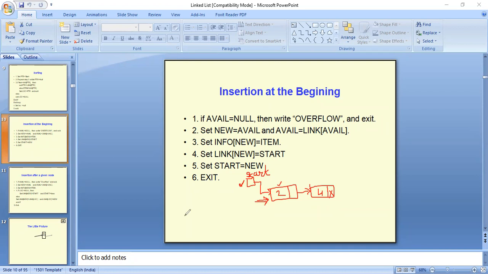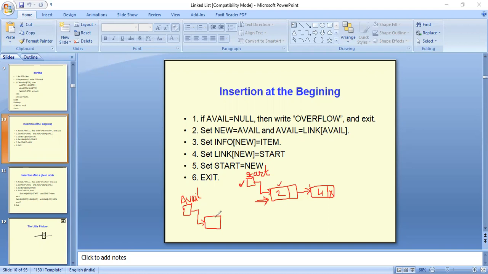So from where can we have one new node? In the memory, we have two pointers. One is start, which is referring to our linked list, and the other pointer is aval. Aval is a pointer for available nodes, that means for empty nodes which can be used to insert a new node.